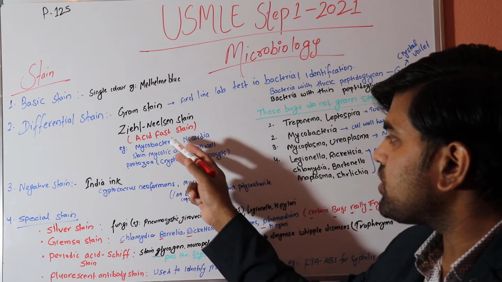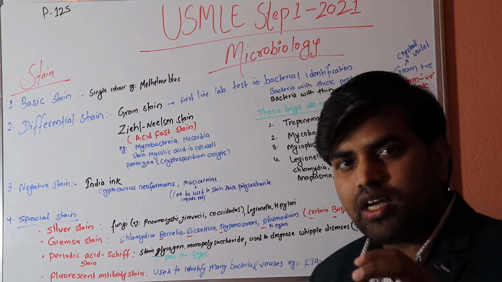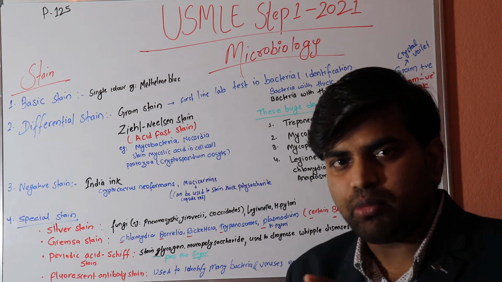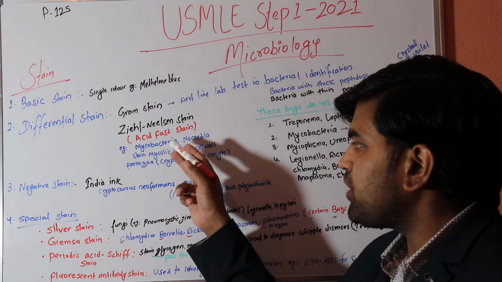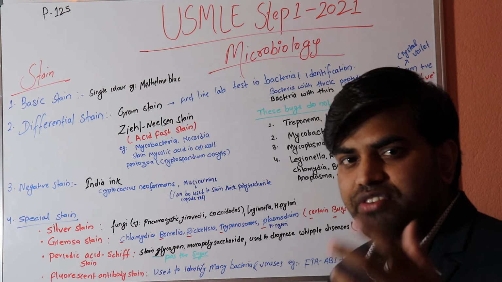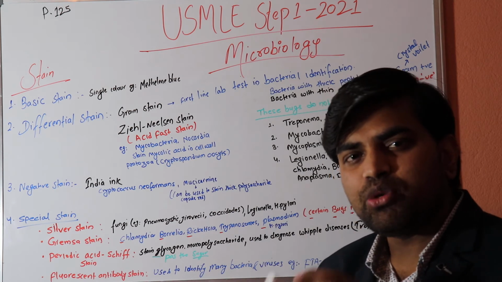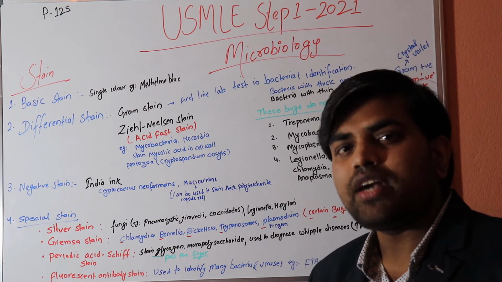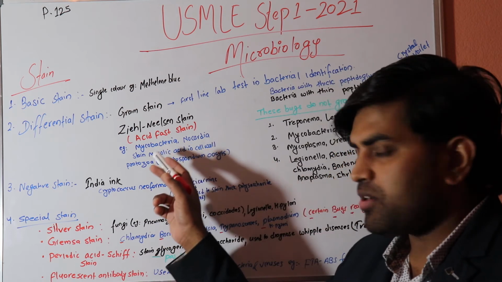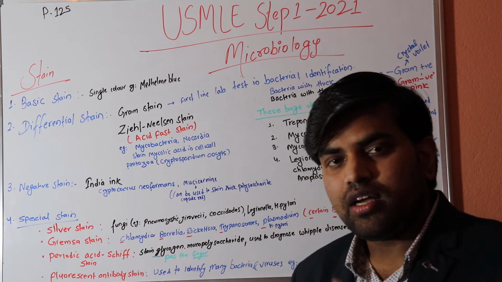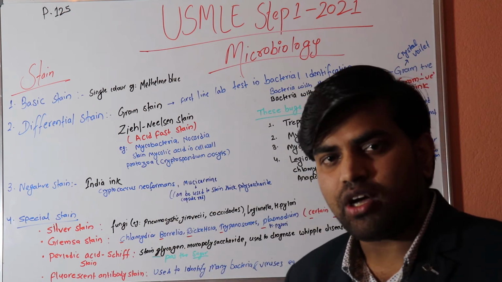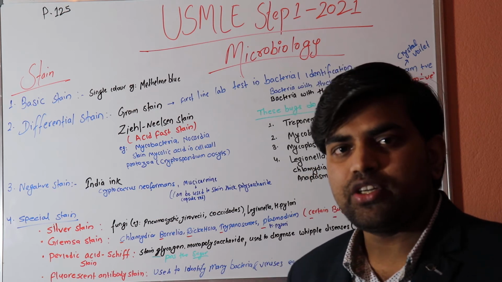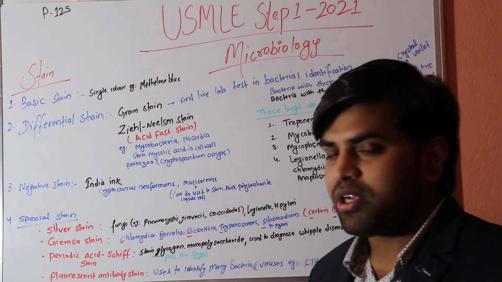What happens in this first step? We put the carbol fuchsin. Carbol fuchsin doesn't go inside. Then we heat the slide from below. Then the mycolic acid, the high lipid content, gets melted, and this carbol fuchsin red color enters inside. Then in the third step we try to decolorize with high concentration acid, but that doesn't decolorize Mycobacterium tuberculosis. All other bacteria which have taken this dye initially, the carbol fuchsin red color, usually get decolorized. So everything gets decolorized except Mycobacterium tuberculosis.